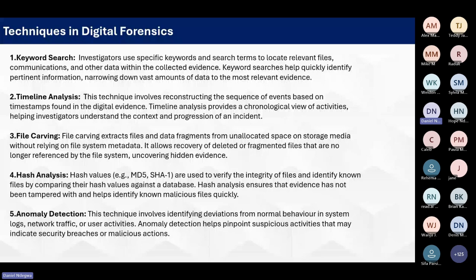So these are some of the techniques that forensic investigators employ to try and identify what and who perpetrated malicious activity on a network. And then lastly, I'm going to speak about